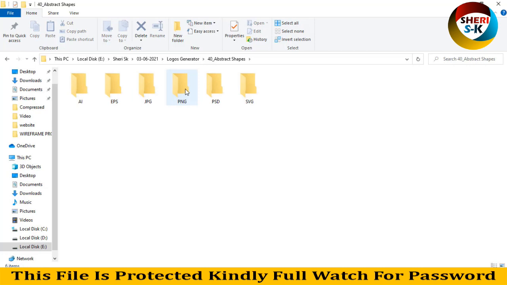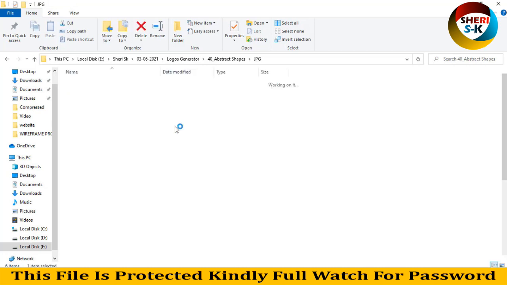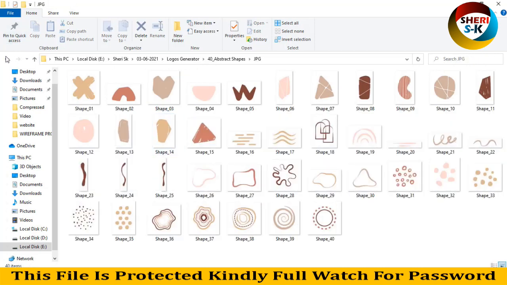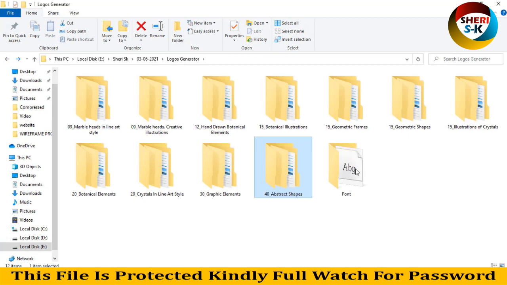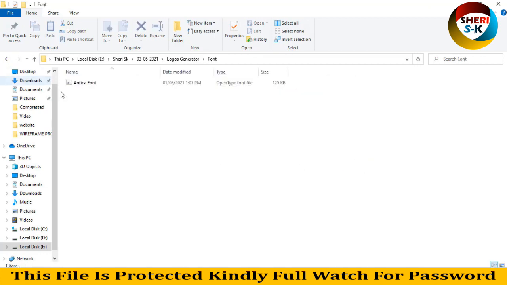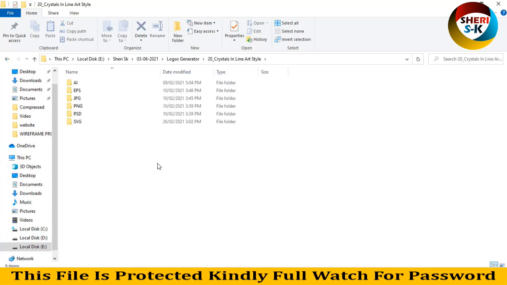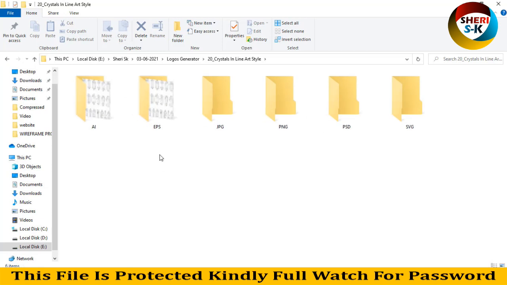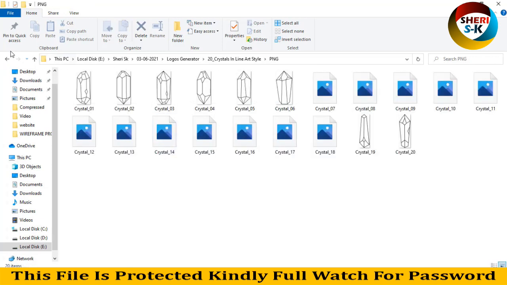Here are 6 different formats, JPG. Okay, you can change the color, and the last is font. Crystal in line. Okay,